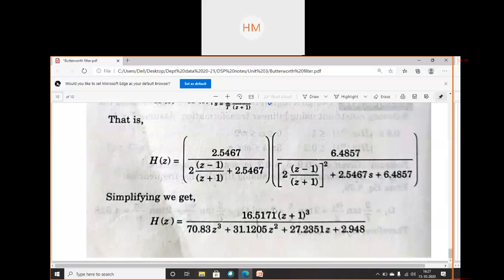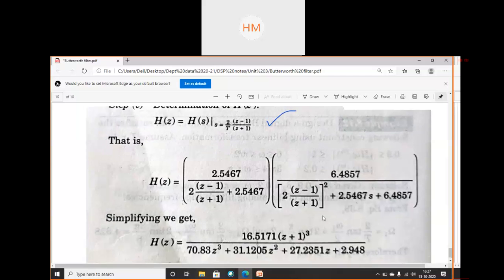So simplifying this is very easy as compared to the previous one. Am I right? The first question was a little bit more difficult than this question. Here there are no constant terms because we didn't add coefficients here; we didn't require that. So we have simplified it very easily by using the bilinear transformation method. Previously we simplified it by using the IIT method. So this finishes your Butterworth filter designing.